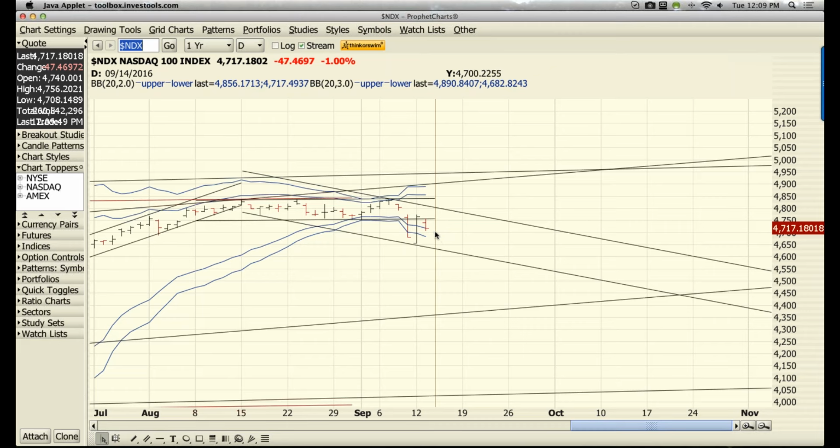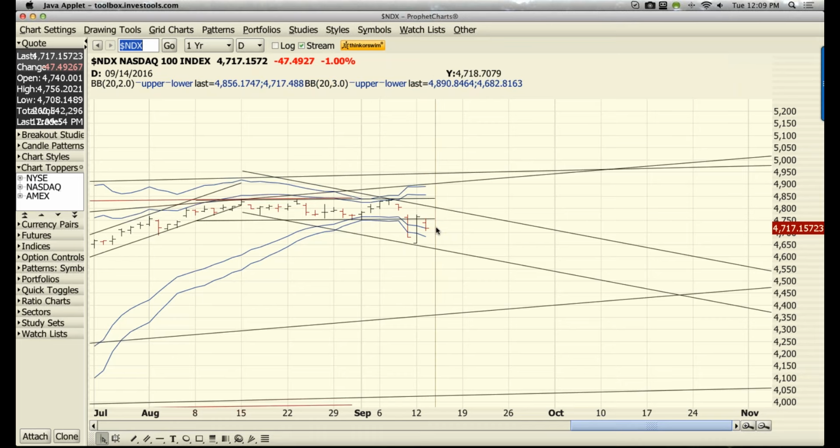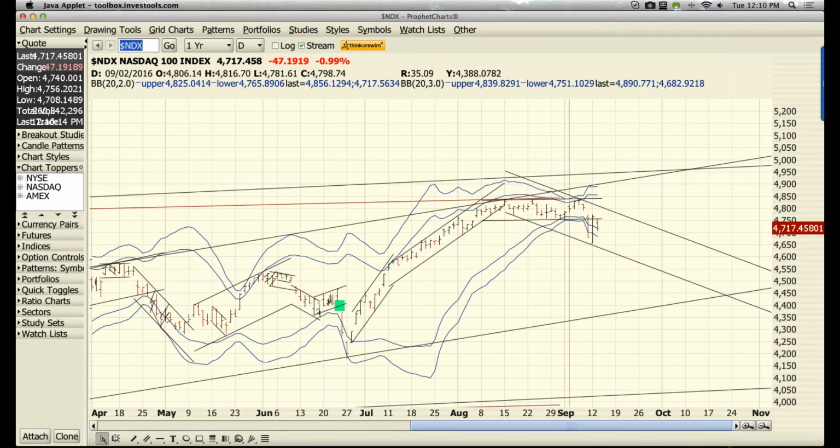So this pattern by itself doesn't really give me any indication that there's a stronger bias to the upside or a stronger bias to the downside. I would rely entirely on AbleTrend charts. I wouldn't be taking a trade here, I wouldn't be using this information to take a trade. I'd be using this information to have a better understanding of where we're trading relative to the long-term pattern. On SPX, I would consider actually taking a rising bias trade just simply based on the Bollinger Band snap pattern that we see. And then on RUT,